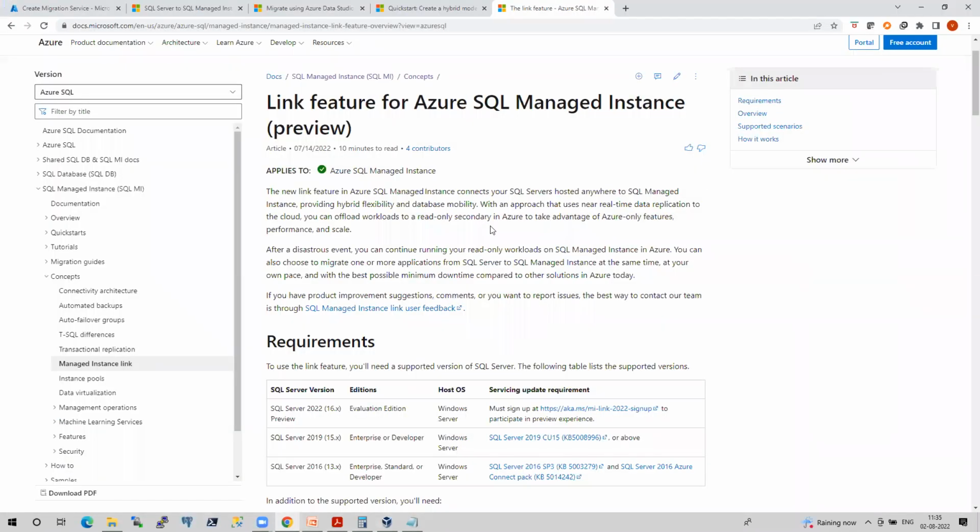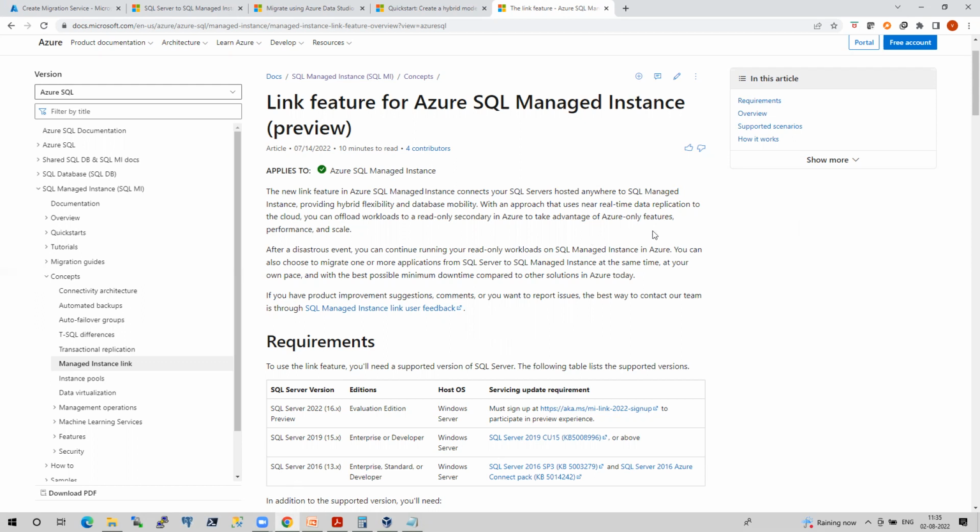Yeah, this part. I'm just going to talk about this feature and then I'll wind up. Imagine you want to configure Always On between on-prem and managed instance. A configuration of Always On between managed instance and your on-prem environments is possible, but it is only supported for these versions.